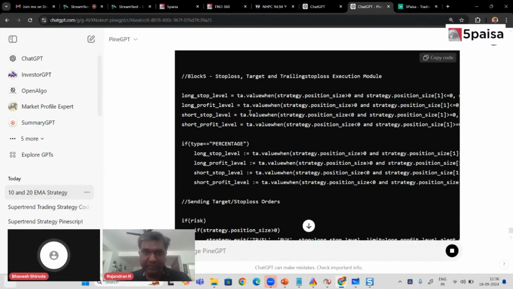To automate your strategy, all you have to do is visit our FNO 360 platform. There you will find the webhook option. Copy the URL, copy the JSON, and put it in the TradingView alert section box. Once you do that, all your strategies or alerts will be automated and orders will be placed in